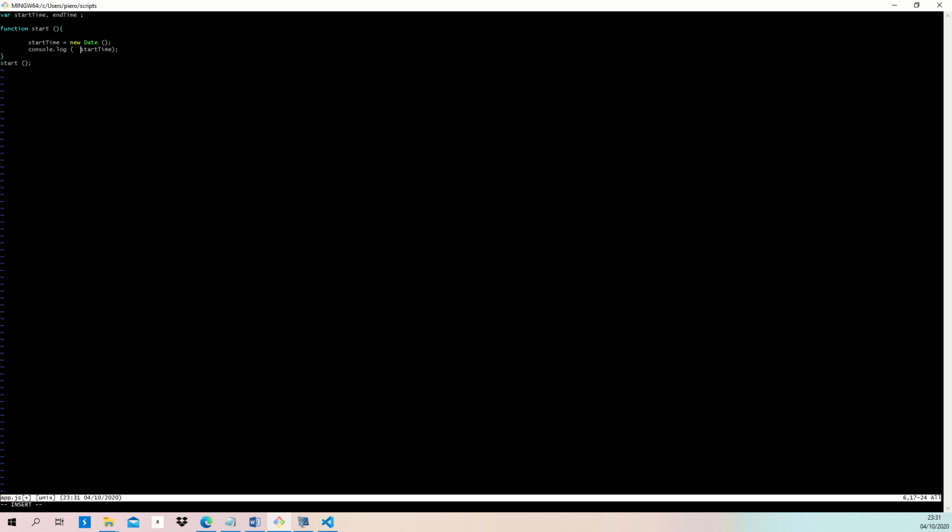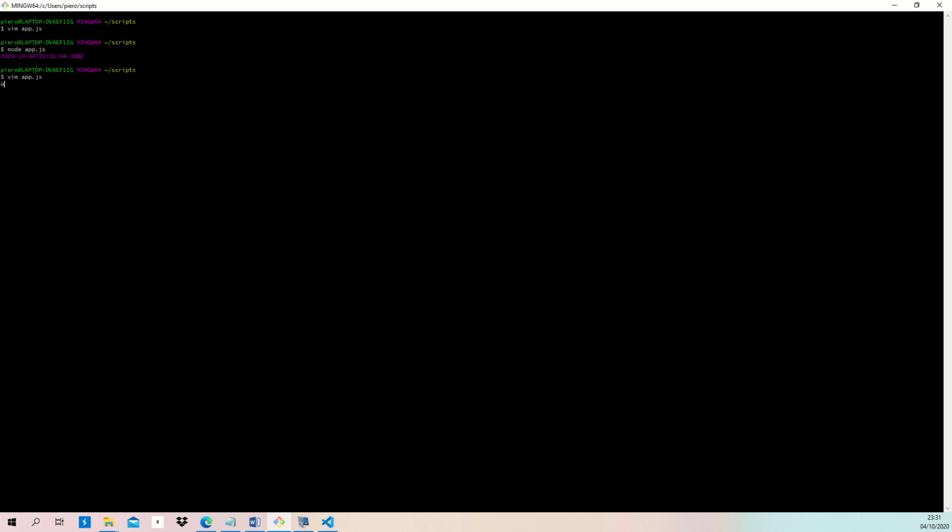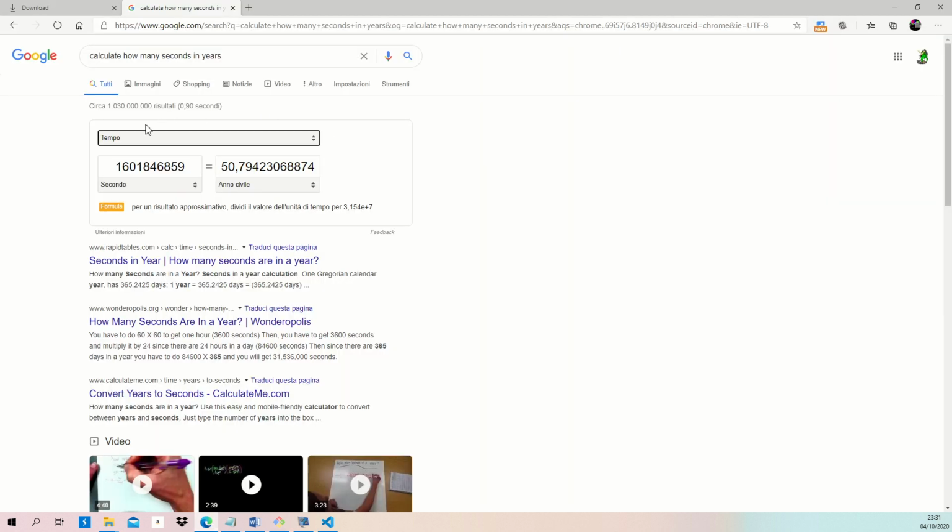If you want to transform this, you need to use the function Math.round. There we go. Okay, let's see what happened now. You can see that this value is the total time passed since 1970. So if now I go here and put this in seconds,